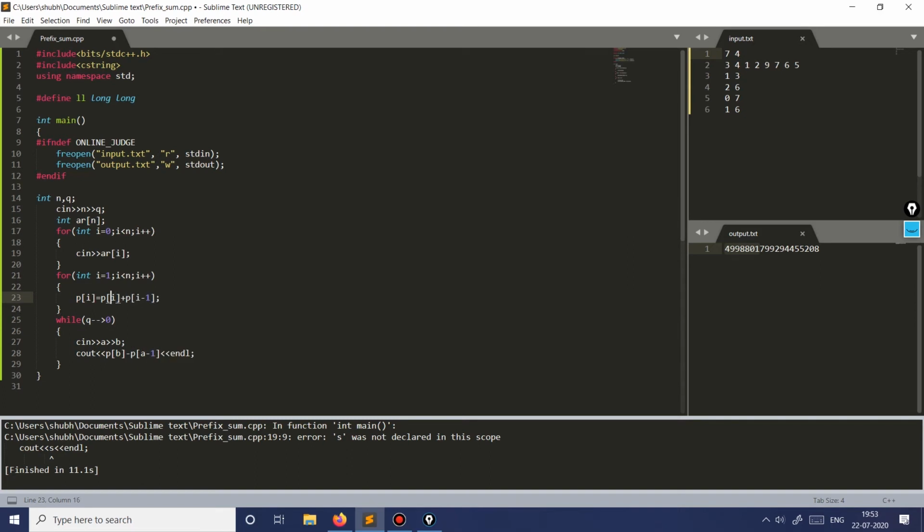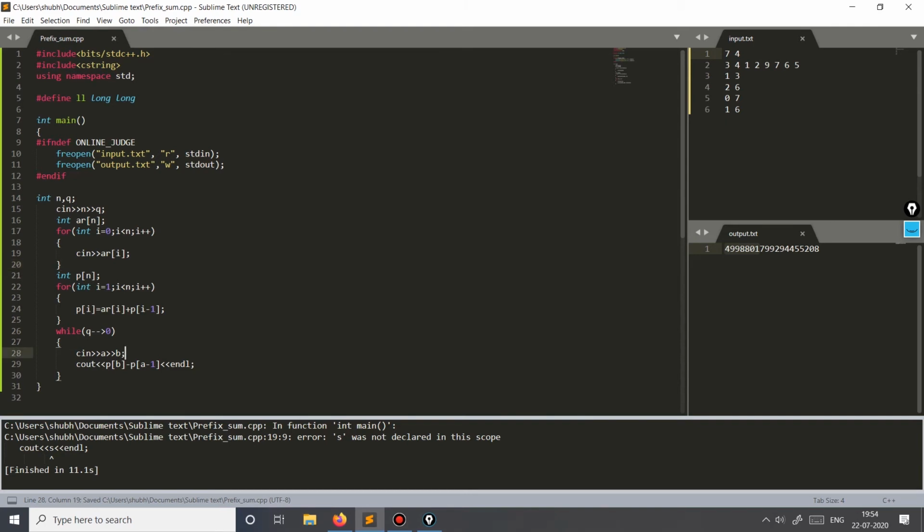So P of I would be array of I, the current element which is there in the array, and we also need to declare P which is of size n. We added this, this was the prefix sum array. Let's check.